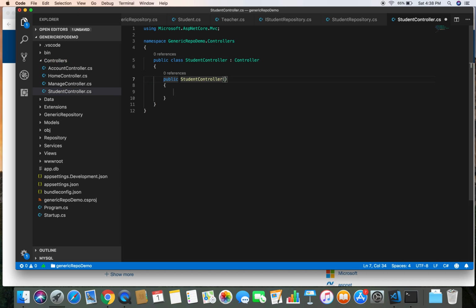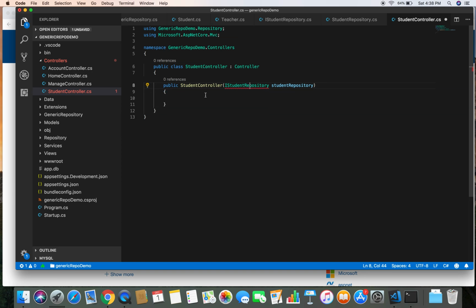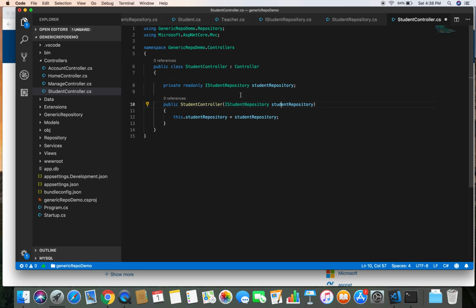And in order to work with the repository, we need to pass the repository as a parameter in our constructor. That is, we need to inject the corresponding repository. So let's inject IStudentRepository, and let's bring in the namespace for our student repository, and let's create the private field so that we can reuse the repository for our whole class